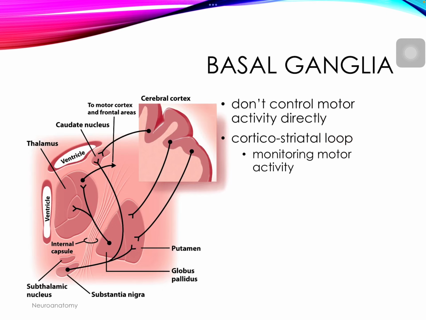We know that the basal ganglia is not necessarily controlling motor movement directly. It's involved in the process of motor function. And looking at, for example, the corticostriatal loop, very important for monitoring motor activity involved in the process. This is one of those things where you're looking at the brain and you say, well, does this area of the brain control this? And it's unclear sometimes if that's where the function is stemming from, or if there's a projection that, if severed, could impact that function.